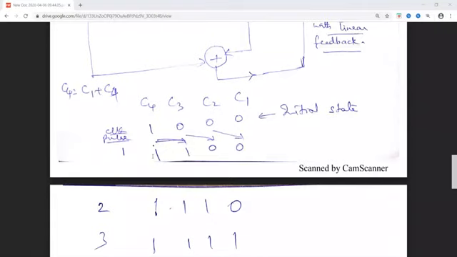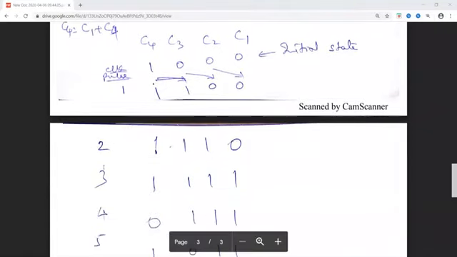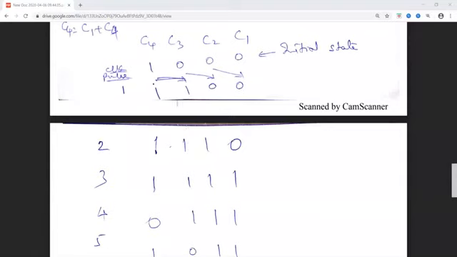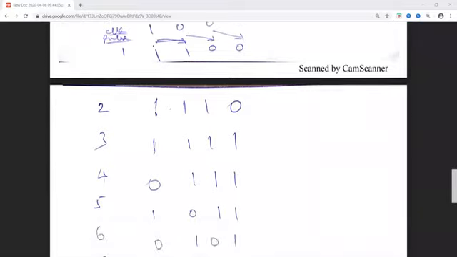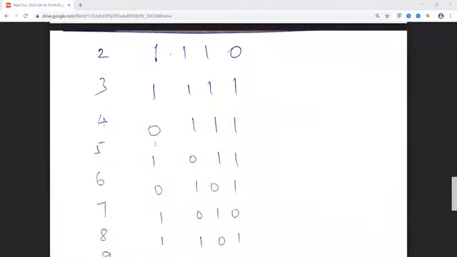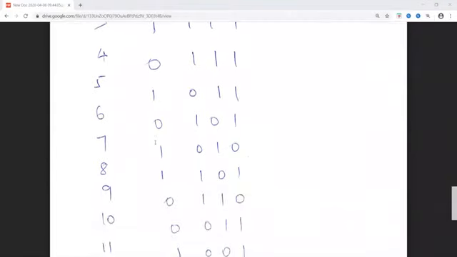Next, the second clock pulse. C4 to C3, C3 to C2, C2 to C1. Now 0 mod 2 with 1 is 1. So 1 is here. Like that, for every clock pulse, I will calculate the contents of the shift register and tabulate them.